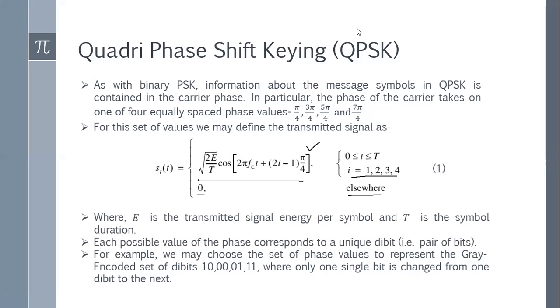Okay, so as I have said, these symbols will be 2 bits at a time. That means I will be sending 2 bits at a time. So we will set that unique dibit, and I will represent them using the gray bits, or gray code. So why will I use gray code? Because in any signal transmission, we can send 1 bit at a time, not all the bits at a time.